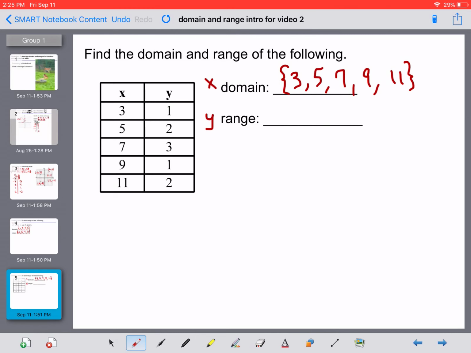And for the range, not a lot of values here. I'm going to start with the 1, the 2, and the 3, and I actually don't need to write either the 1 or the 2 again, because again, I don't repeat